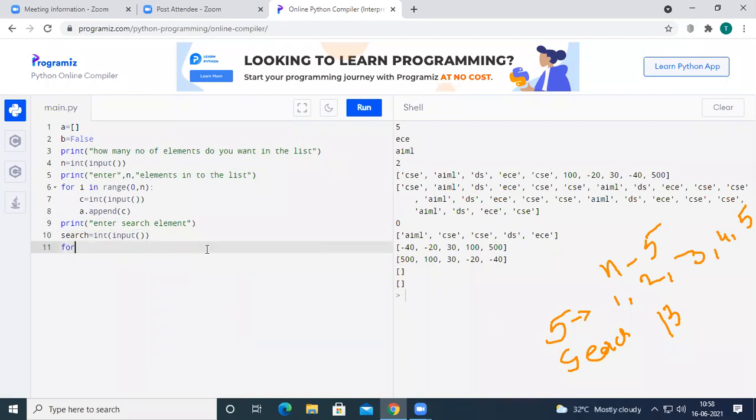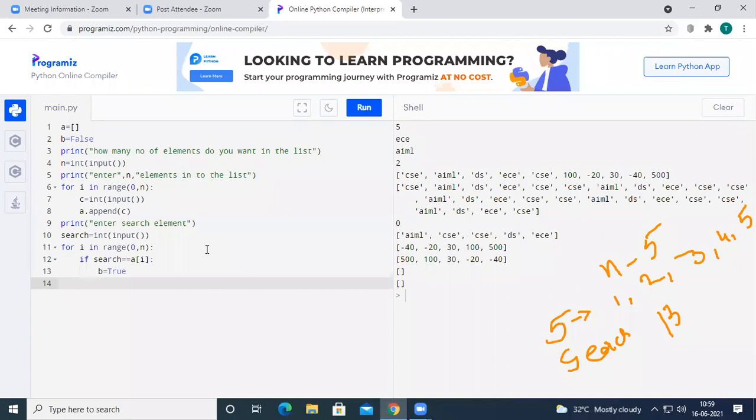Now I am going to search whether the given element is present in the list or not. For i in range 0 comma n, if search element equal to a of i, then I want to change the Boolean value to true.